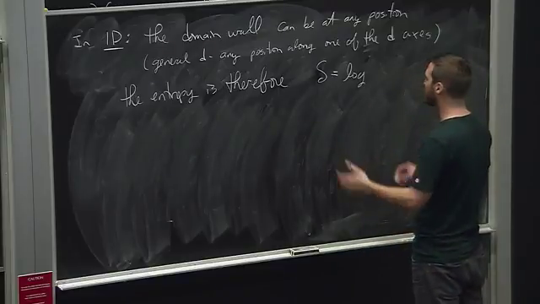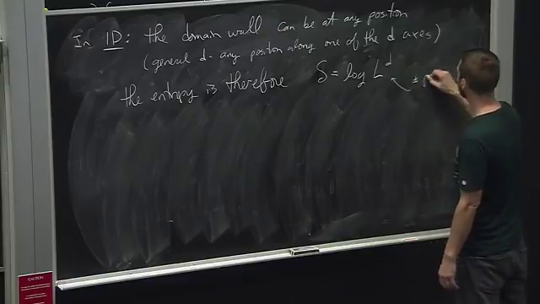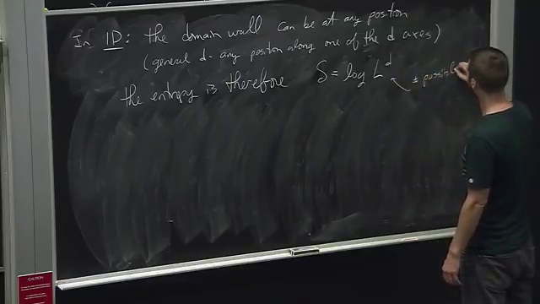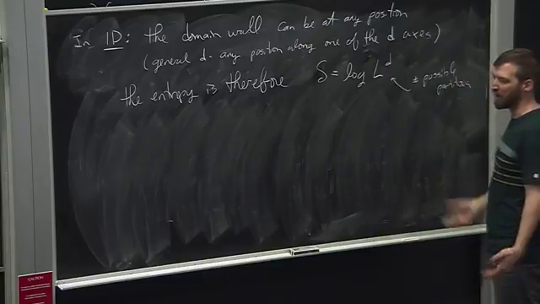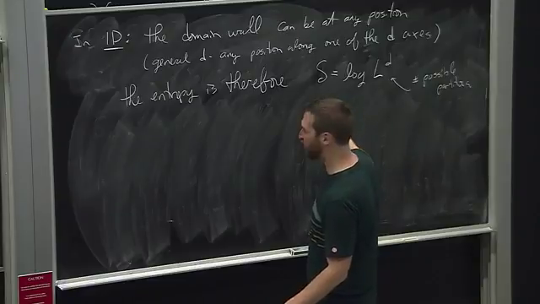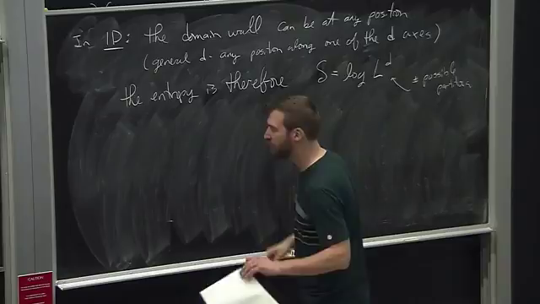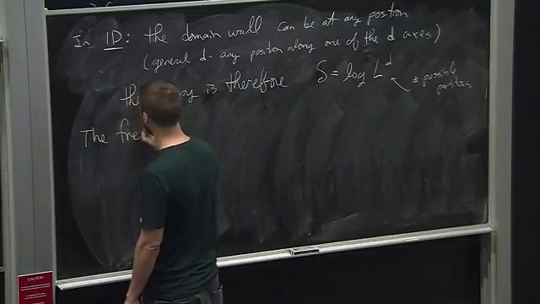So the number of possible partitions is L to the d. Doesn't matter. I mean, it gives you some constant times log L, which is important. So the free energy is